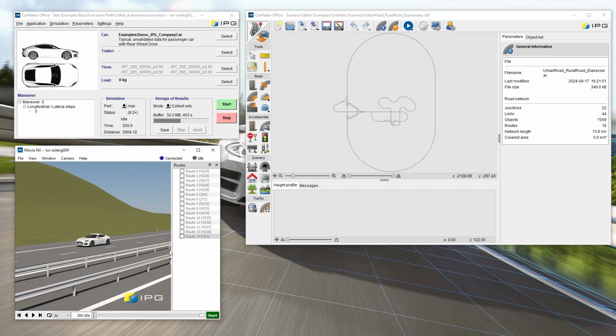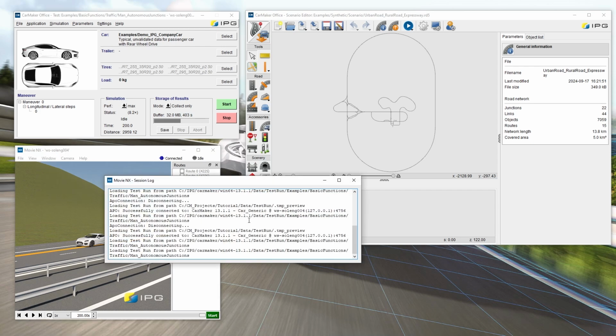Then you can select a route on the right, which will highlight as a yellow line. Here you can also create an additional window or split the window to show 2 camera views. Switch to full screen mode and view session log.